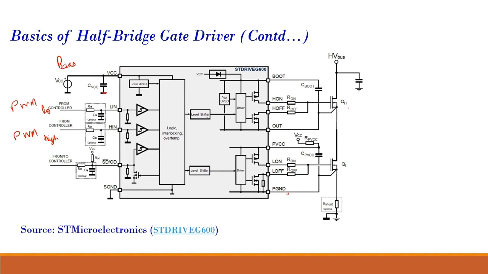In this case, what is happening is this. You should remember that VCC will be approximately equal to 12 volt or something, and the threshold of the MOSFET will be around 5 volt. So this VCC should be greater than the threshold of the MOSFET to turn on the MOSFET. So what is happening over here is,